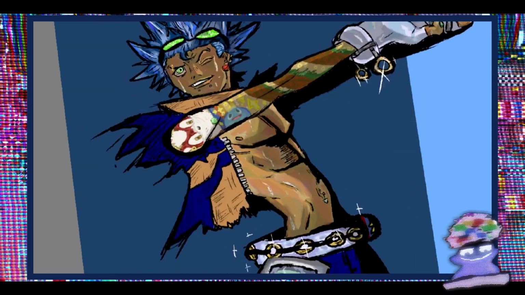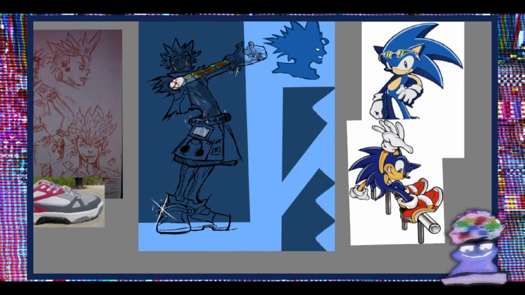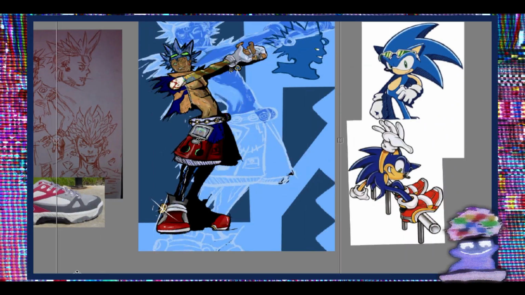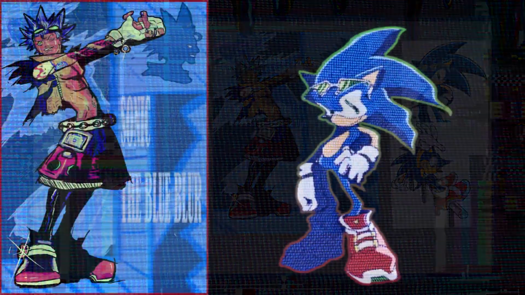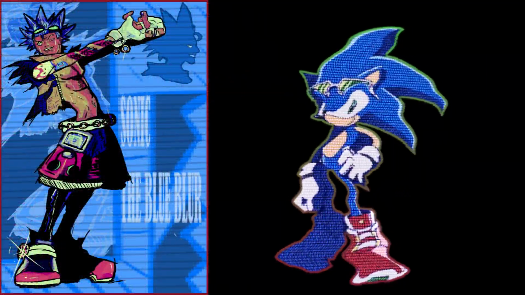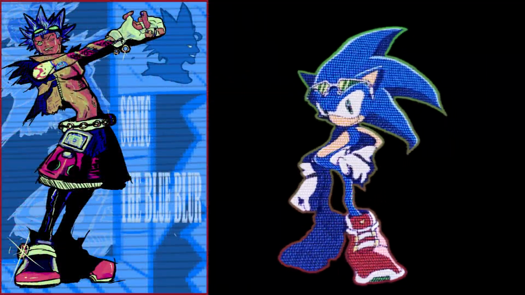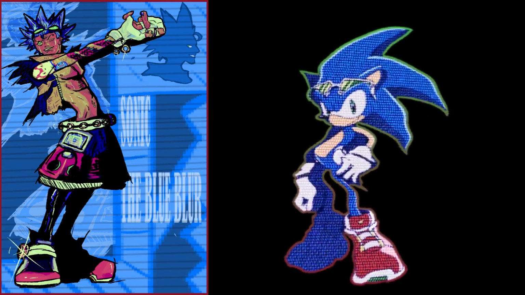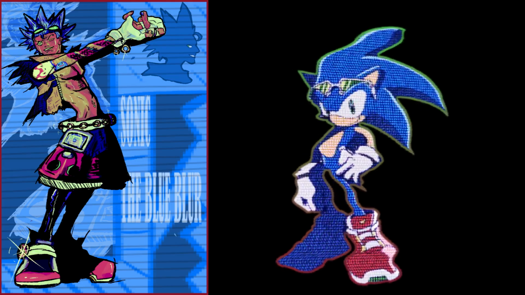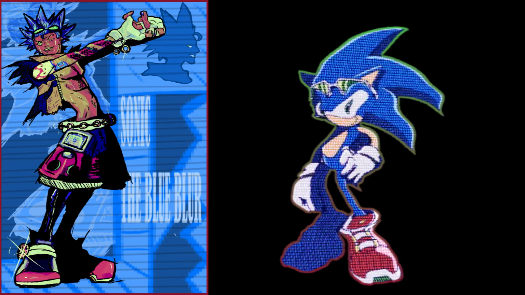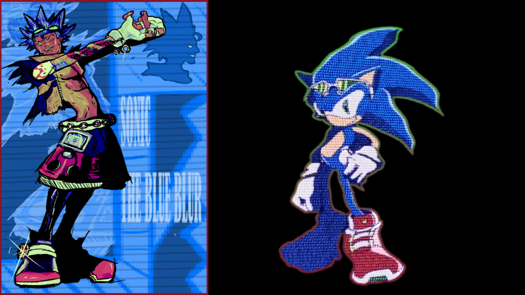So, yeah, this is the final design for Sonic. I think I did a pretty good job. He's personally my favorite, but I think I did well with the other two as well. So, moving on from Sonic, the main man himself, I would like to move on to his best buddy, Tails,